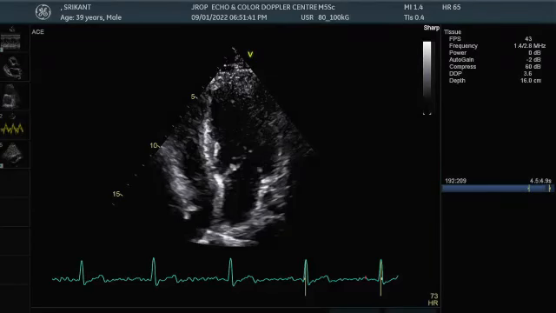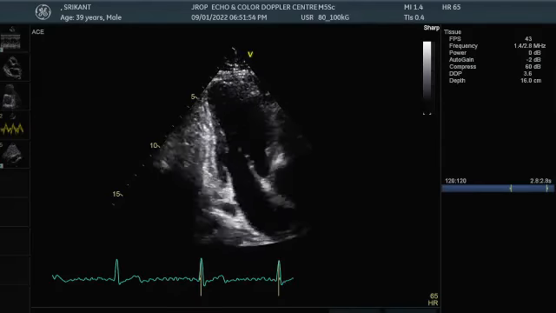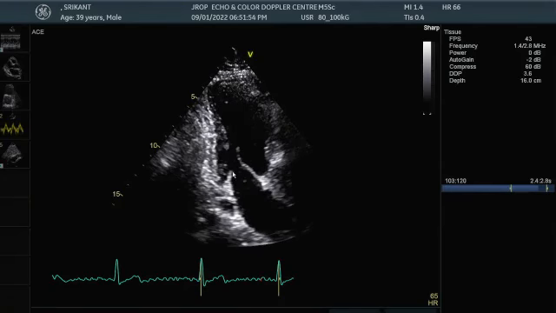Correct? Okay, sir. In three-chamber view, this is standard AML. This one is standard AML. This is standard PML. Remember this much only as far as view is concerned. Because we can really show you all the leaflets A1, A2, A3, P1, P2, P3. But at your level, this is more than enough.